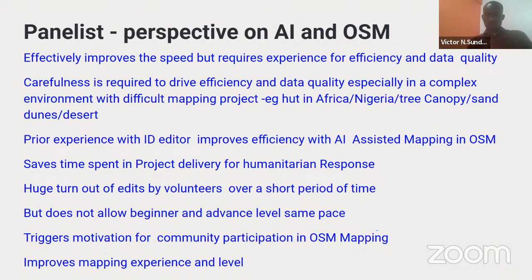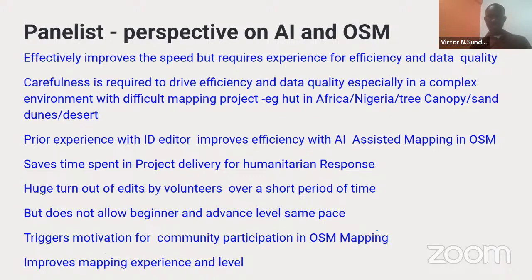This is because prior to the introduction of AI in RapiD and MapWithAI, it was just a simple tool, the iD editor, and you go on board and take time to digitize the node, and then you round it up, you square, and so on. But then you come over to AI and you see a prediction of the features that you are supposed to map. And so it requires carefulness in order to drive efficiency and data quality, especially in a complex environment.